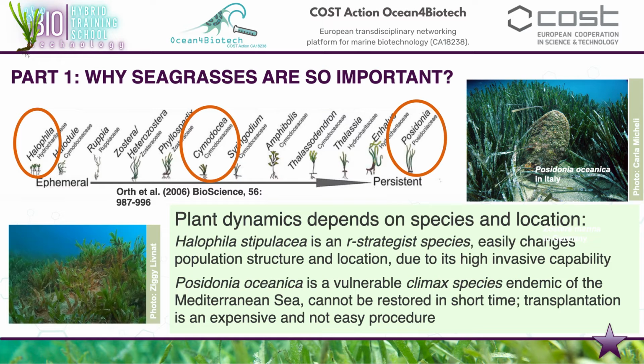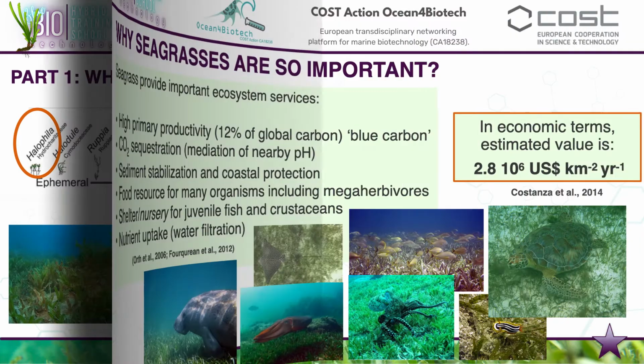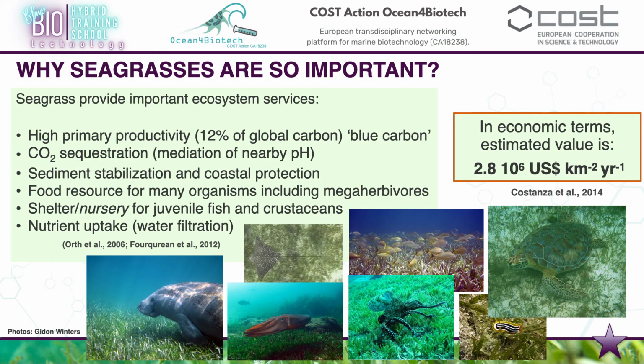And they are all really important because of the high capacity to store carbon, what we usually call blue carbon, for CO2 sequestration, for sediment stabilization and coastal protection. This is really true for Posidonia, but also because they are food resources for a lot of animals, as you can see in the pictures, and also shelter and nursery for juvenile fish and crustaceans, even of economic importance, nutrient uptake,